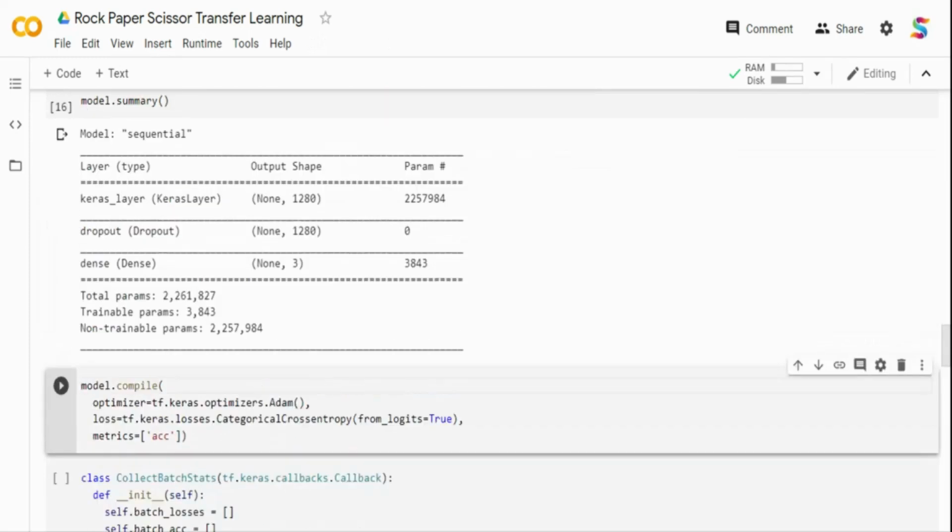Now if you see in the summary, you have the Keras layer, which is nothing but the MobileNet, you have the dropout layer, and you have the dense layer. The MobileNet architecture comes in various sizes, controlled by a multiplier for the depth, that is the number of features. The module that we have taken has a 1280 feature vector that you are seeing over here, right? And it requires the input image data to be normalized, between 0 and 1. We have already done the scaling, and the input image is 224 by 224 pixels, which we have already resized.